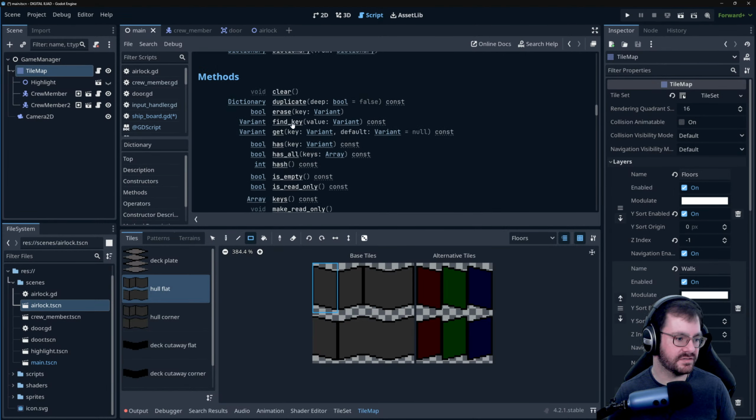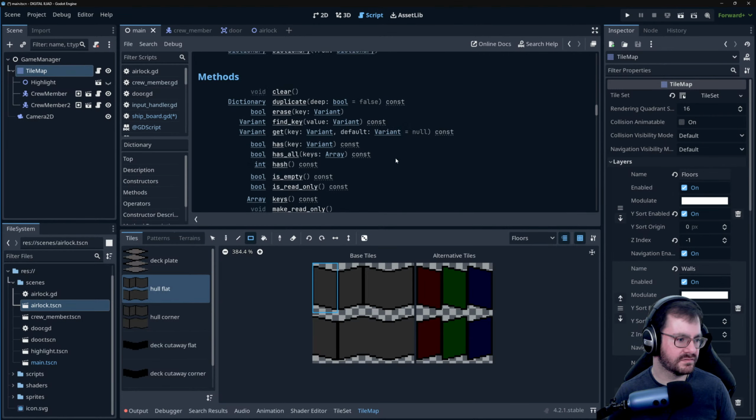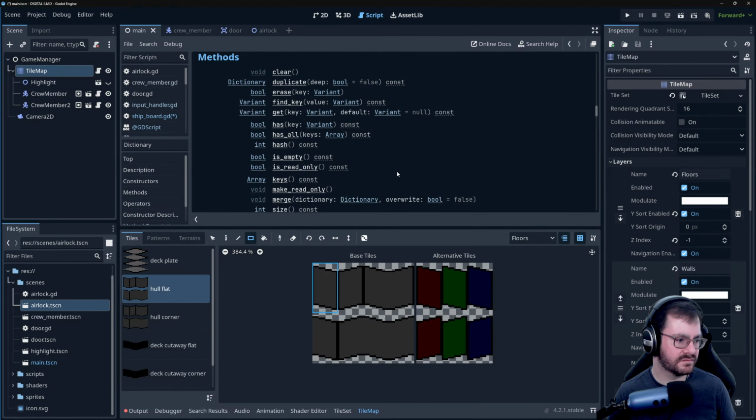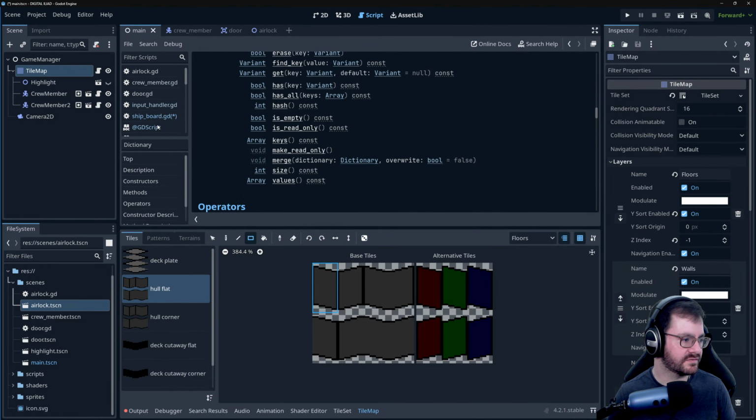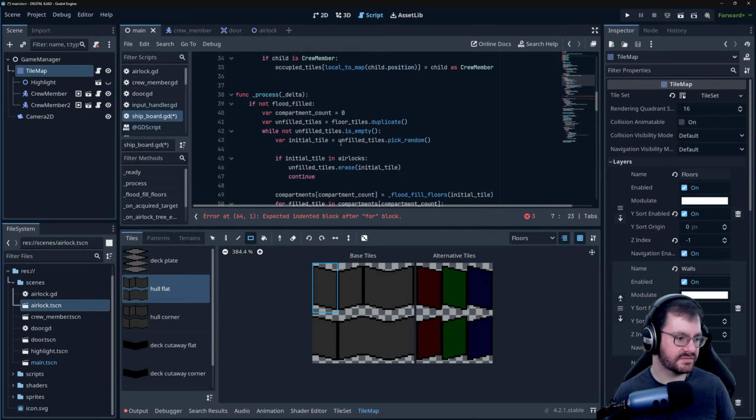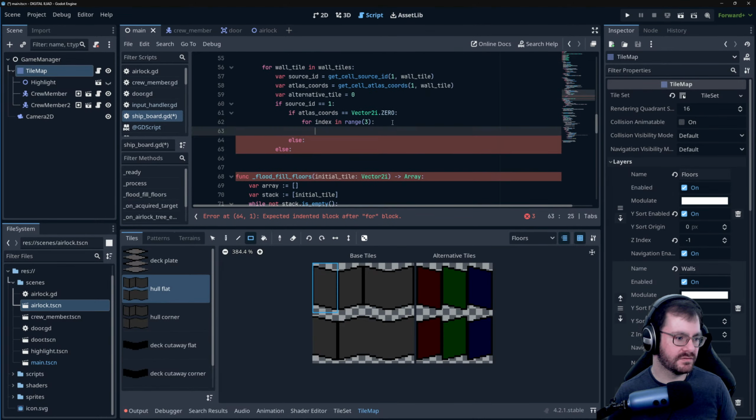I could say find key. No, that's not what I want. Keys, I could get a key array. I could say has. No, none of that. We're just going to iterate through the numbers. We don't normally like to iterate through a range, but I think that's the simplest way to do it here. So for index in range 3, we're going to say